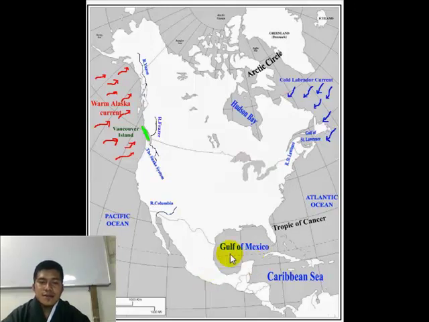This area, the southern half of Mexico and the Central America, which lies towards the south of Tropic of Cancer, is closer to the equator, hence they are warm. However,